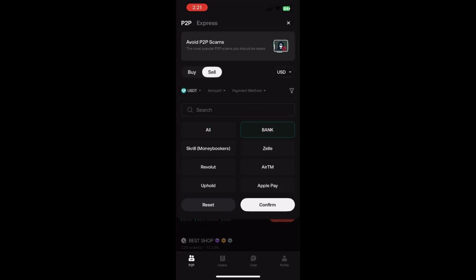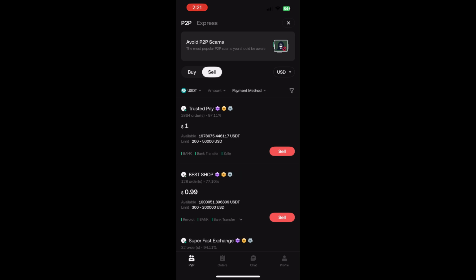Choose a reputable buyer with good ratings, enter the amount you want to sell, and start the order. Send the crypto to escrow when KuCoin asks, wait for the buyer to pay you to your bank account. Then confirm you've received the money and tap Release to finish the